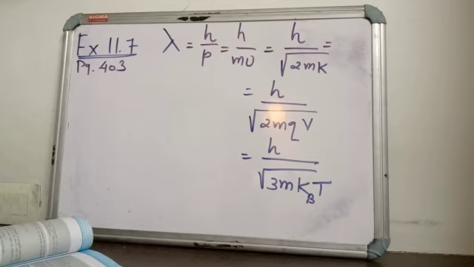Then we'll proceed. Example 11.7. What is the de Broglie wavelength, that is lambda? What is the de Broglie wavelength